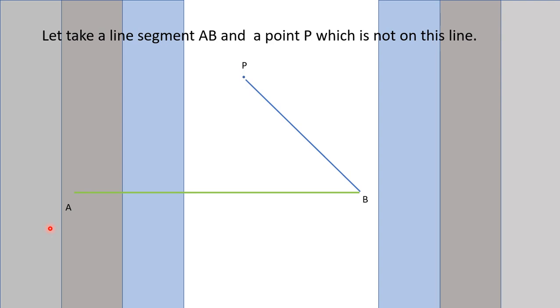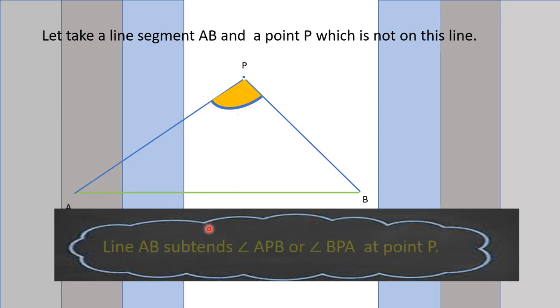When we join this point P to both endpoints of the line segment, we get an angle formed at point P. Or we can say, when we are at the point P and observe the line segment AB, our vision area is this, and this is known as the angle. So we can say this line AB subtends angle APB or angle BPA at point